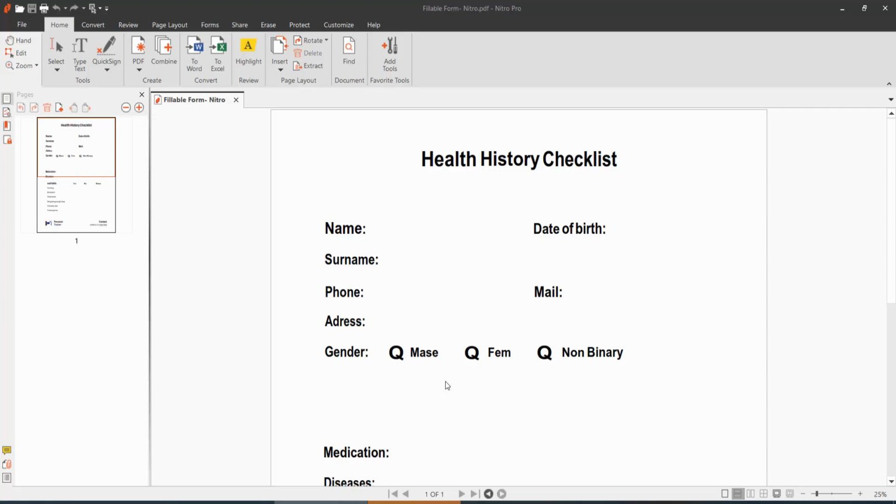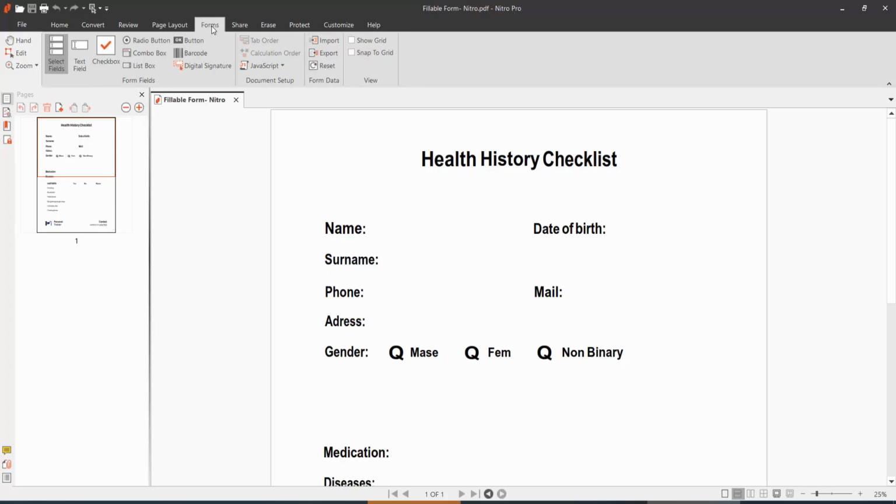Hello everyone, today I will show you how to add a fillable text field on a PDF file using Nitro Pro PDF editor. Open your PDF file with Nitro Pro PDF editor. Now click on this form option and here you will find this text field option. Click here. Now drag your text field